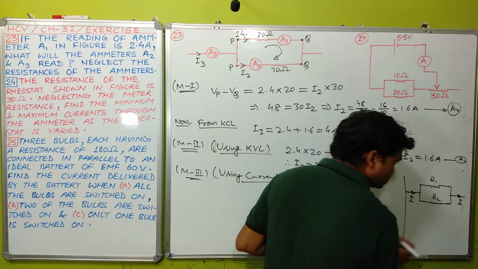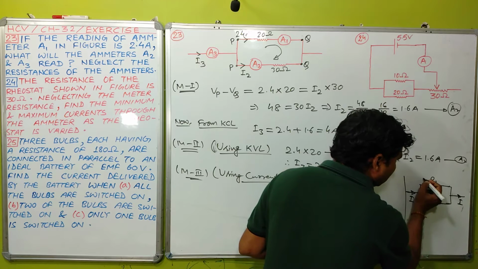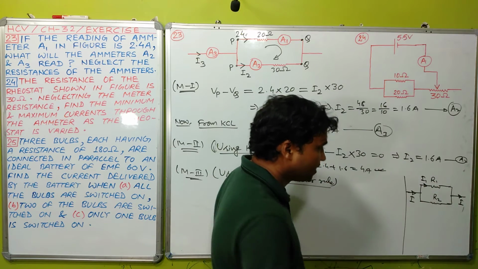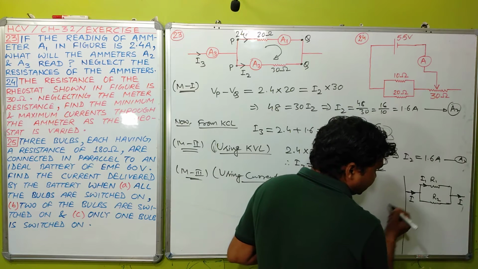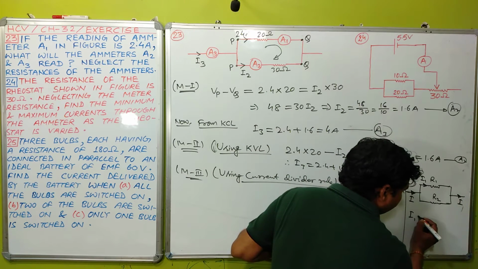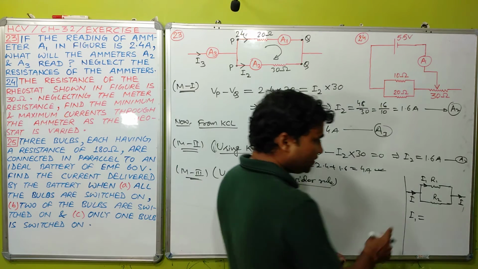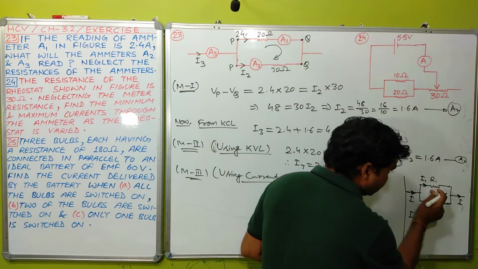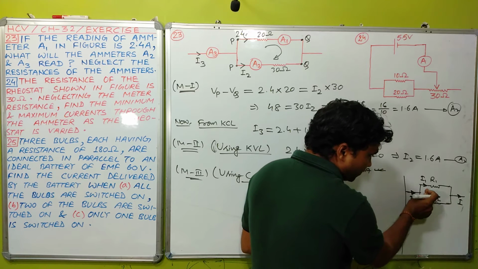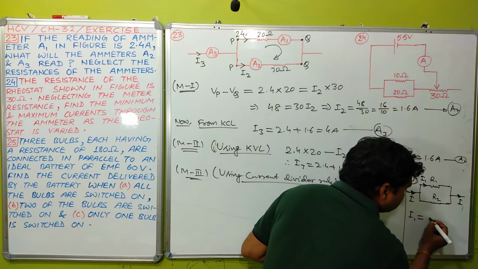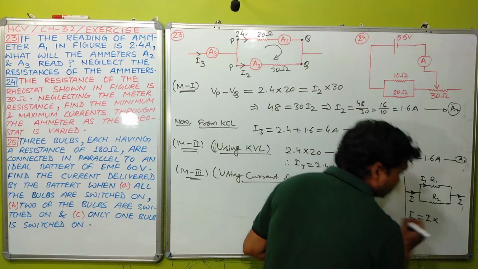Now let the current flowing through R1 be I1. If the current flowing through R1 is I1, and the total current is I, as you are seeing, then from the current divider rule, student, we can write, just see carefully, if you want to write the value of I1, then I1 equals the total current. Firstly, you have to write the total current into